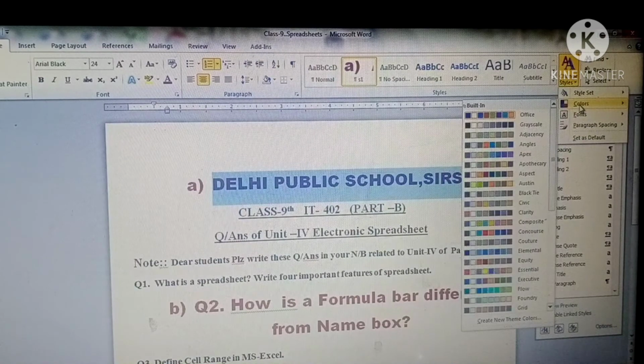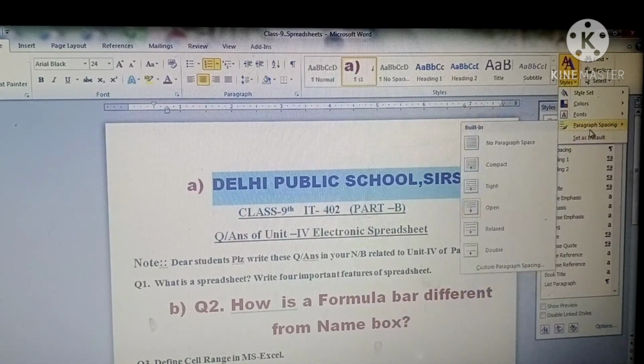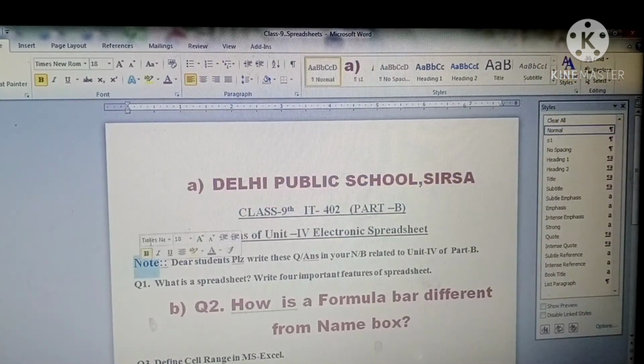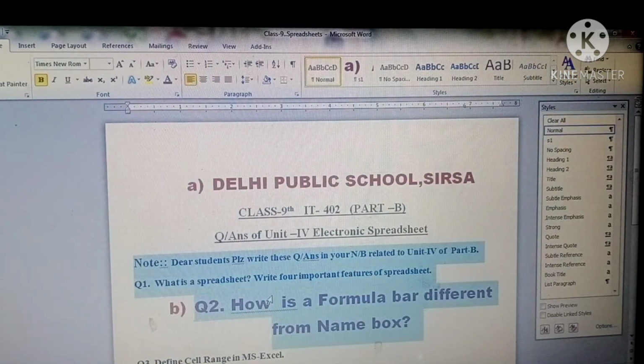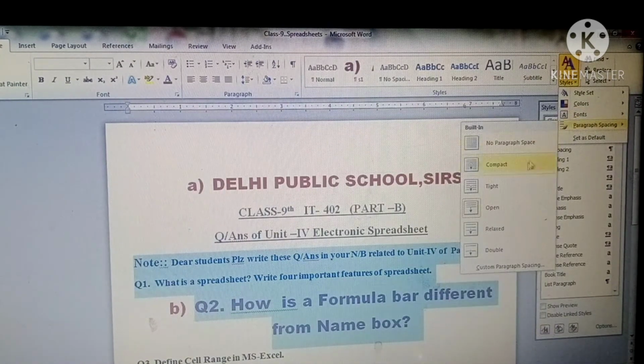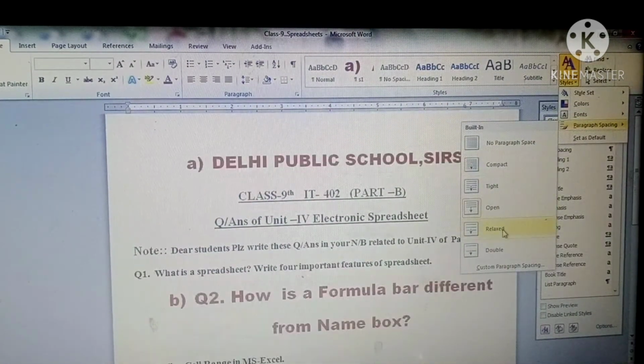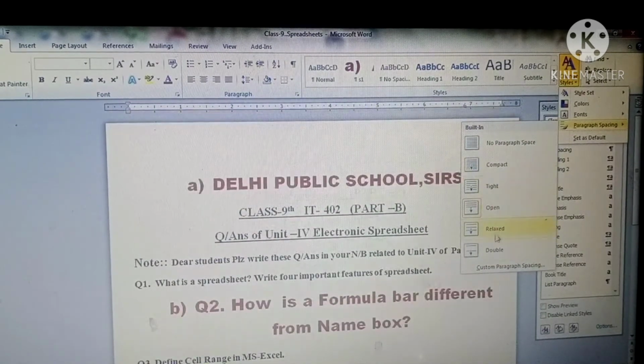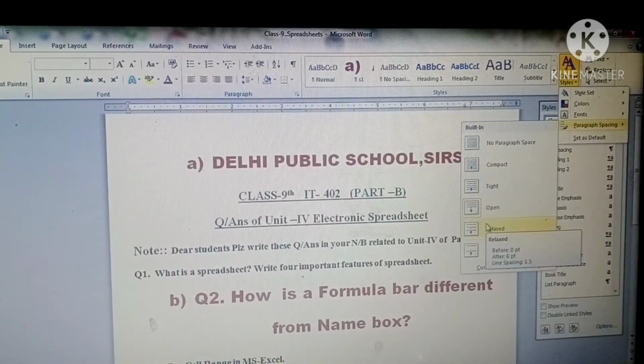You can change the color theme of your paragraph. You can change the color spacing of your this one. Selected a paragraph and you can see this one. I am going to change style, button, paragraph spacing, and you can see according to this your file is going to be changed according to this style. This is all about how you can apply the style in a document.